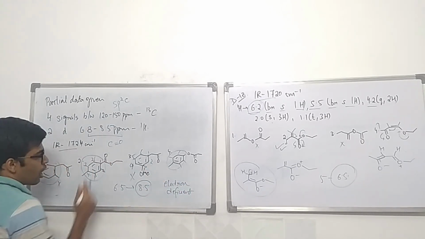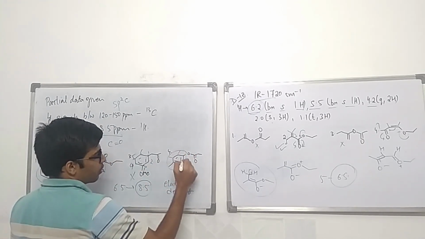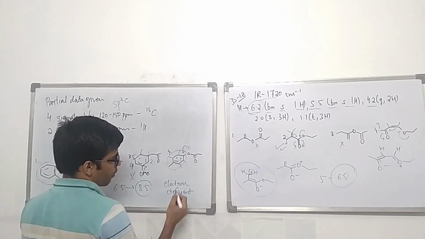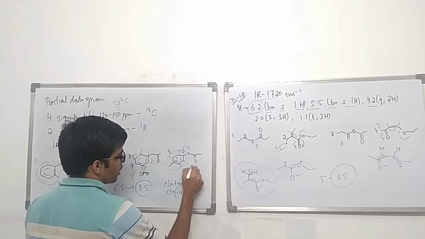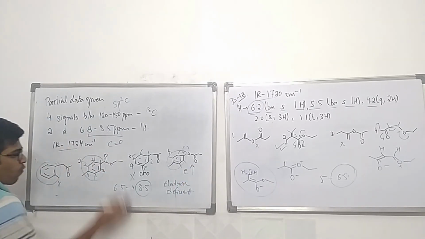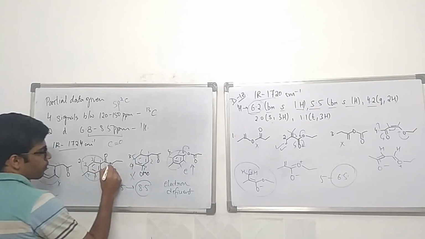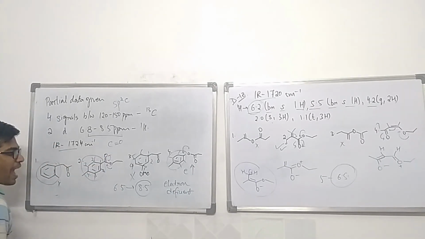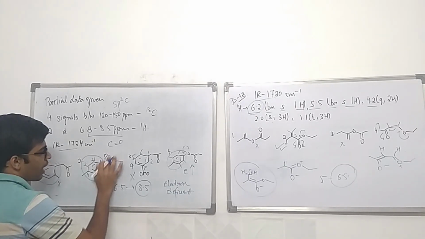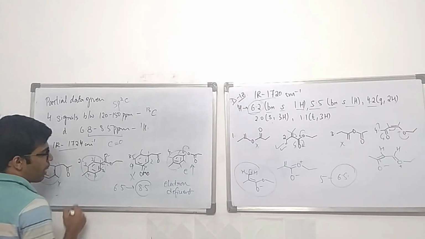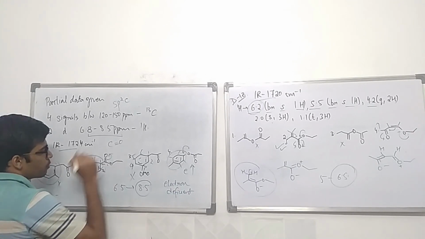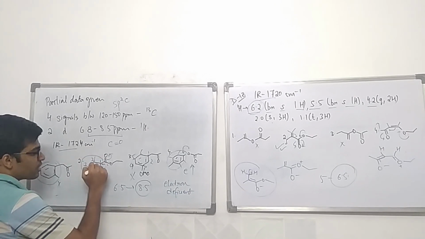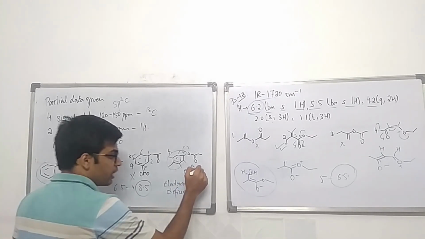okay, in this case, the lone pair on the oxygen can donate into the ring. As a result, there will be an increase in the electron density. While in this case, what can happen is this can donate here, this can donate here. At the same time, what other thing can happen is that this pi electron shifts here, this double bond shifts here. So that means there is a de-shielding possible in this case from the ring. There is a shielding occurring in this case.